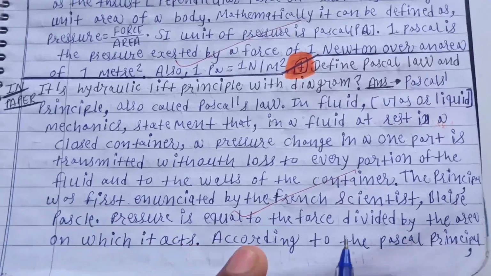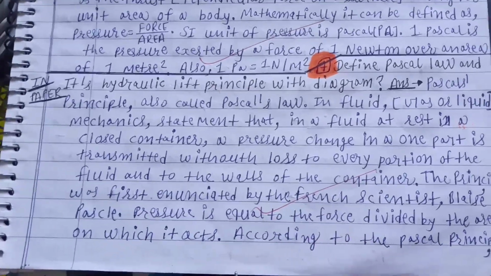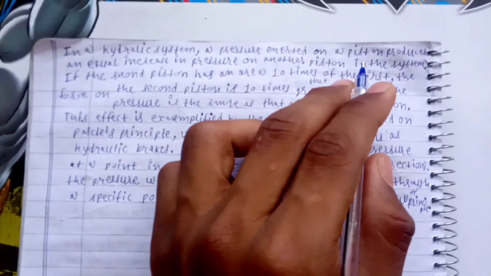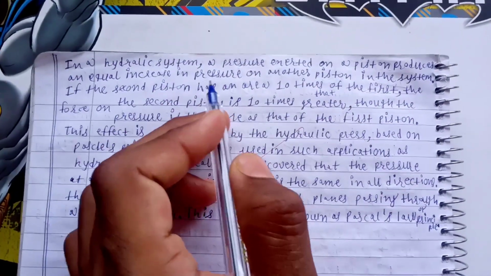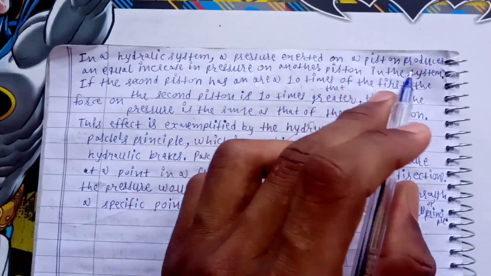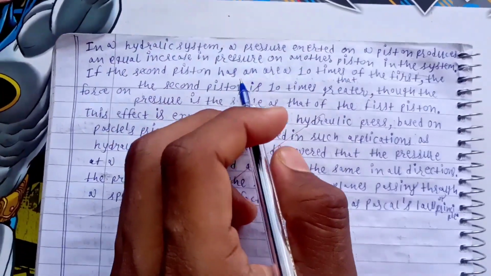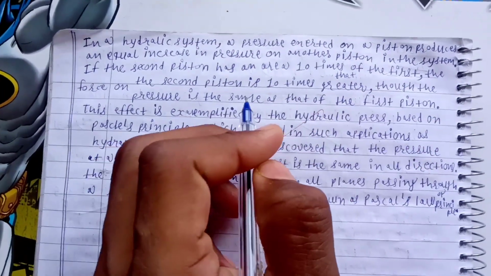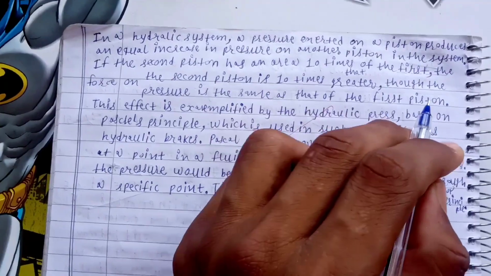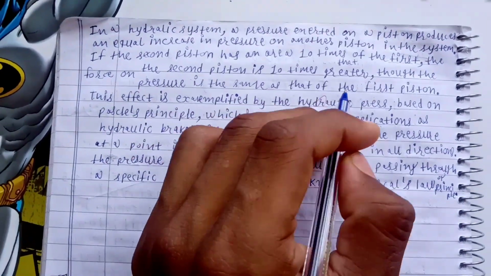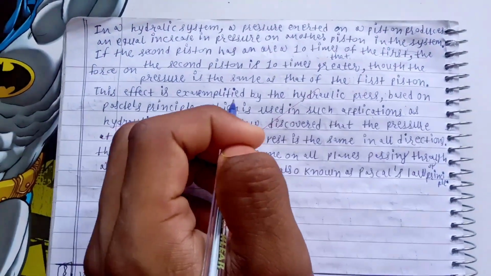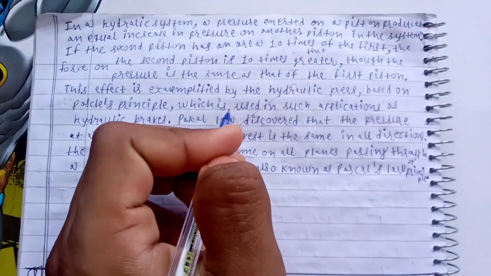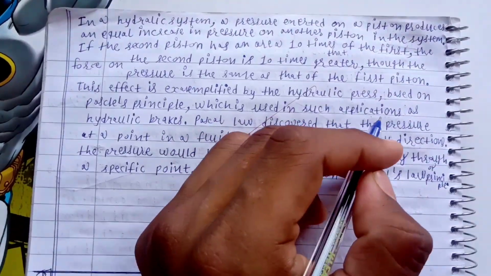Pressure is equal to the force divided by the area on which it acts. According to Pascal's principle, pressure on a piston produces an equal increase in pressure on another piston in the system. If the second piston has an area 10 times of the first, the force on the second piston is 10 times greater, though the pressure is the same as that of the first piston. This effect is exemplified by the hydraulic press based on Pascal's principle, which is used in such applications as hydraulic